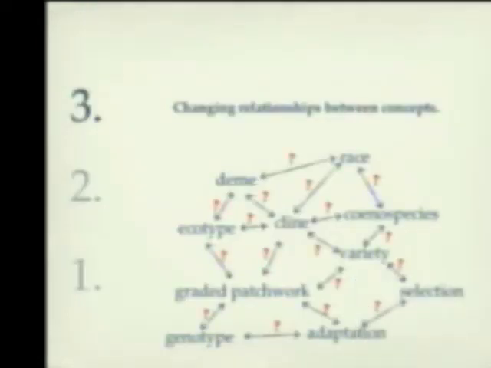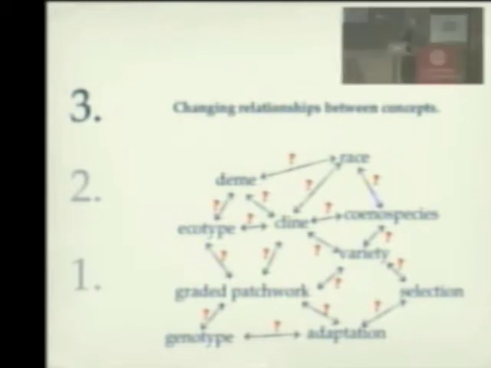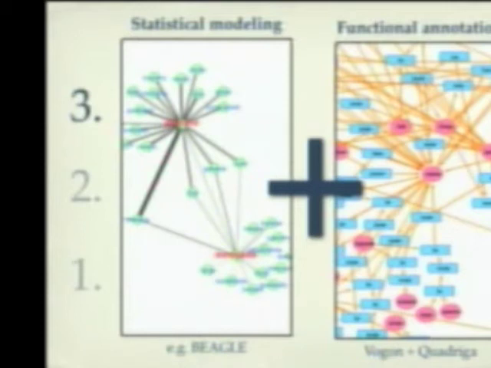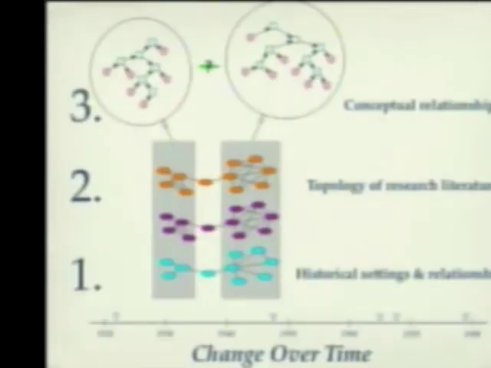But once we have the characterization of text, we want to dig into the text, sort of digging into the data, and then we want to actually figure out what are the actual relationships between those concepts in our case study, and how do they change through time. So in order to do that, you basically can do statistical modeling, or more importantly, functional annotation. Now, functional annotation, unless you train a computer to do it, is very time-consuming. We built a whole tool surrounding it that allows you to reconstruct those conceptual relationships.